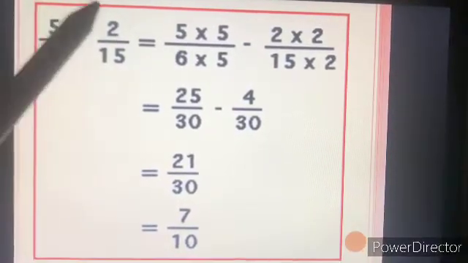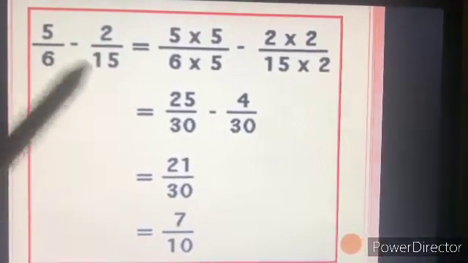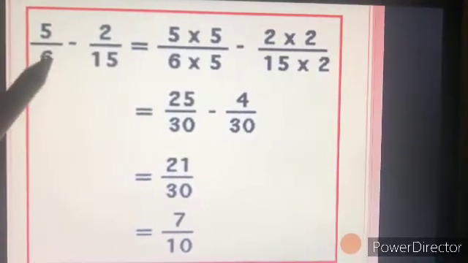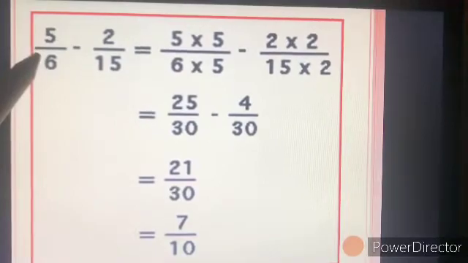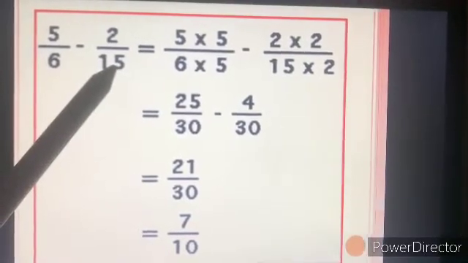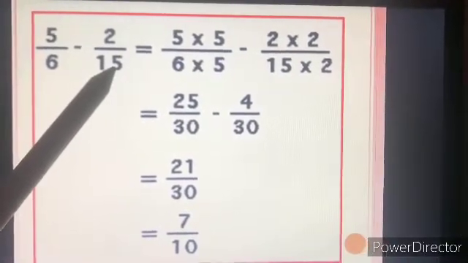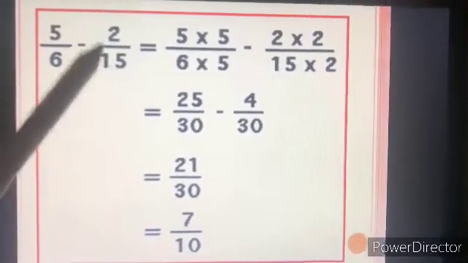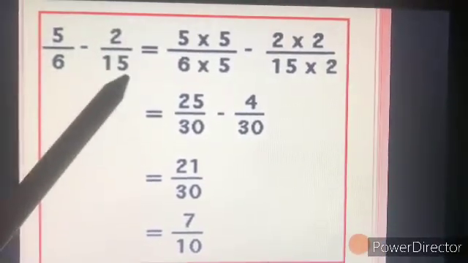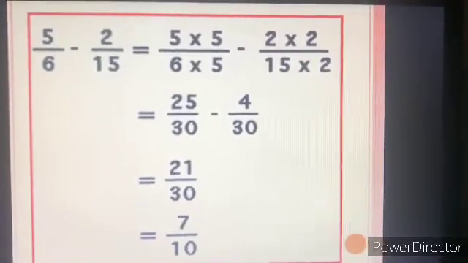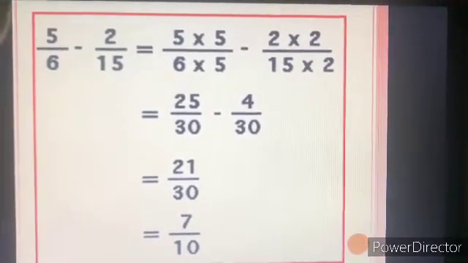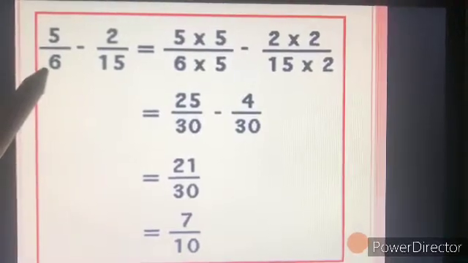There is one digit which is common in both tables. Because if I multiply them together, like 6 multiplied by 15 and 15 multiplied by 6, that will be a very great number. I don't need that. I want to make my thing simple. So I will simply check, can I get a common denominator by deciding the table of 6.